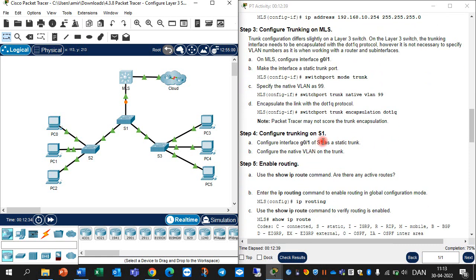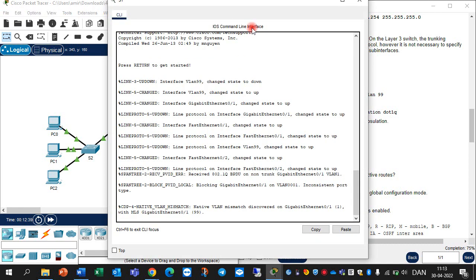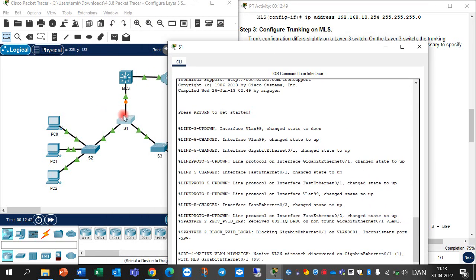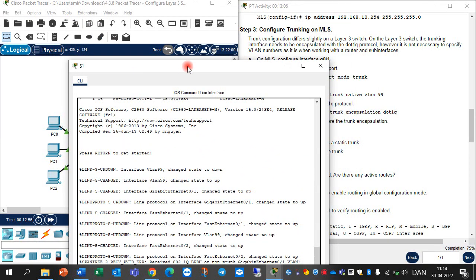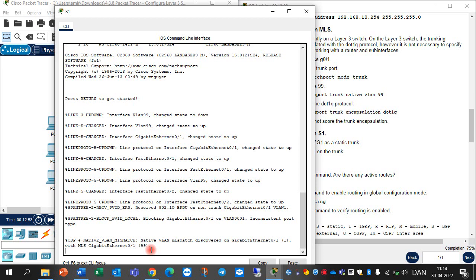Configure trunking on switch 1. Now we should hop in switch 1. And also for switch 1, we should activate trunking mode here and access mode here. Excuse me, it's trunking mode for 3 of them. For all of them we should enable trunking mode. Okay, in this situation, you should go to